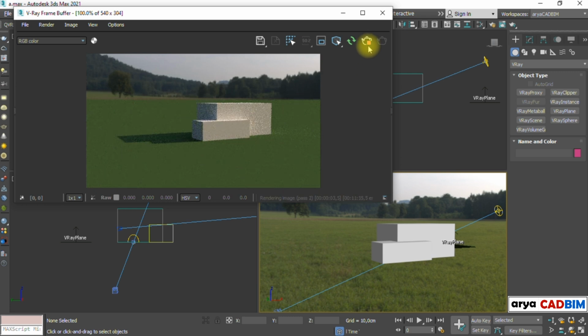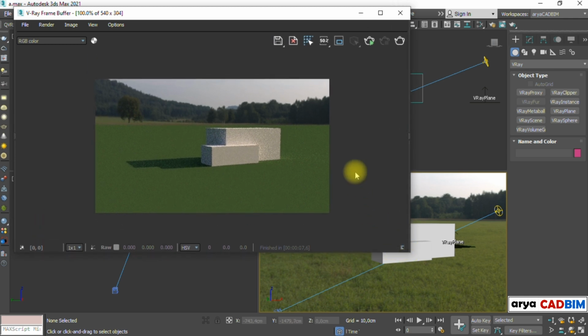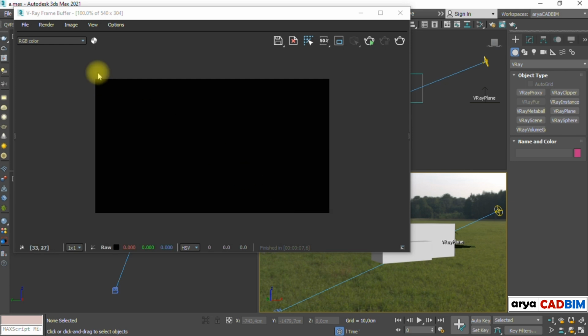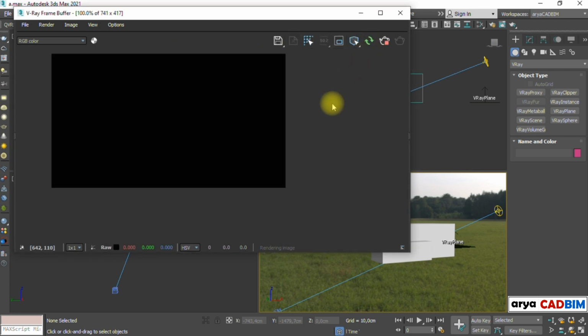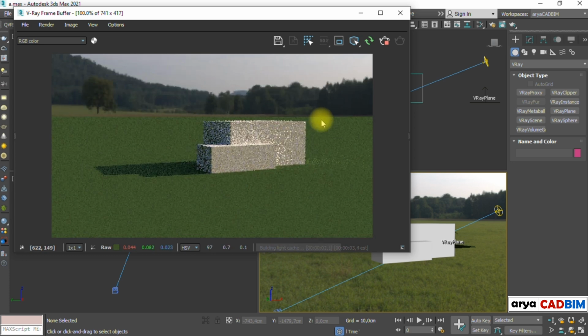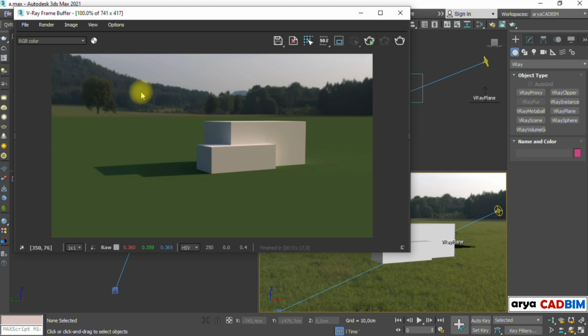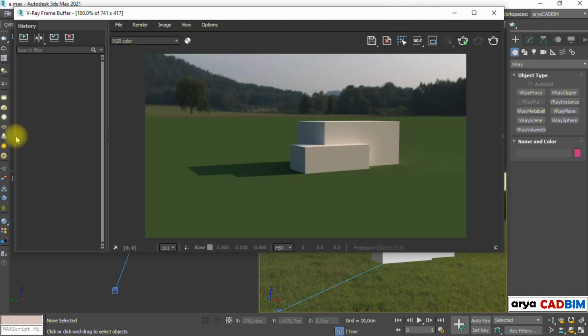Let's enlarge the image size a bit. OK, rendering done. Open History panel, and save the image.